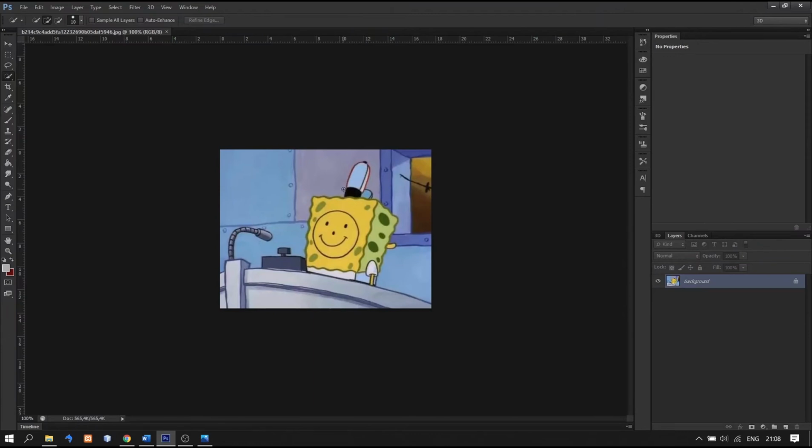Okay, this SpongeBob photo. Now I will make the selection of the boat and the SpongeBob only, and then the rest will be transparent. This background too will be transparent. Okay, before editing,